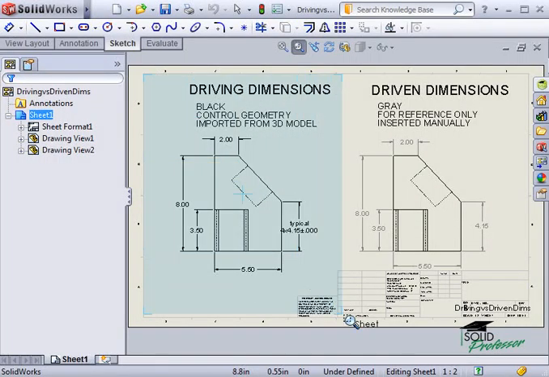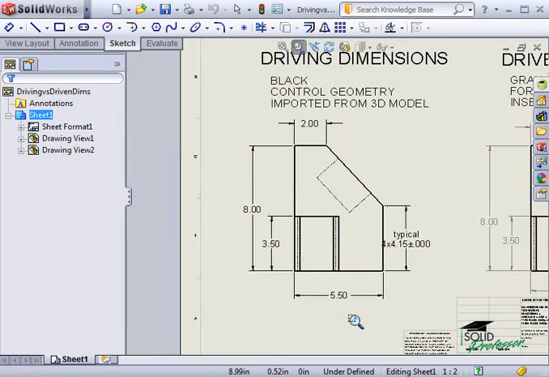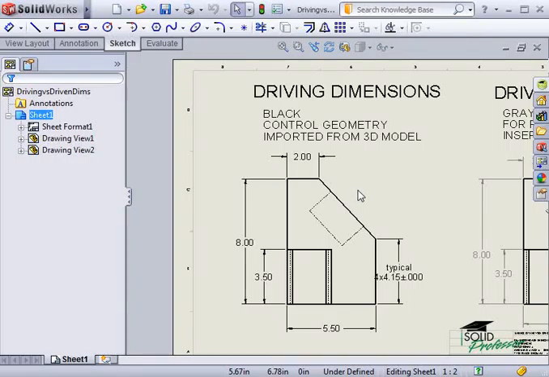First, let's look at driving dimensions. These dimensions will appear black by default. The color's not important in any way except that it helps us identify them from driven dimensions, which appear gray. Driving dimensions control the geometry they are attached to. They drive the model. For instance, if I double-click this dimension of 2 inches, a spin box comes up and